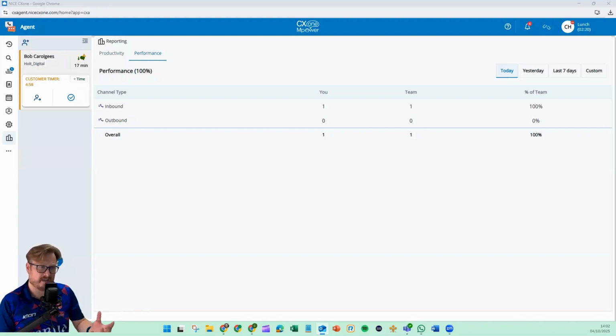We're looking at it here as a full application, but it can be integrated as a Chrome extension. It can be embedded within certain CRMs. It can sit within Microsoft Teams if you need to work within Microsoft Teams. And it also works as a mobile application and as an installable web page as well. So there you have it. The world of CX1 Agent is not scary. And if you're coming from Max, now's the time to start looking at this, migrating those channels, and getting your agents ready for working within CX1 Agent.